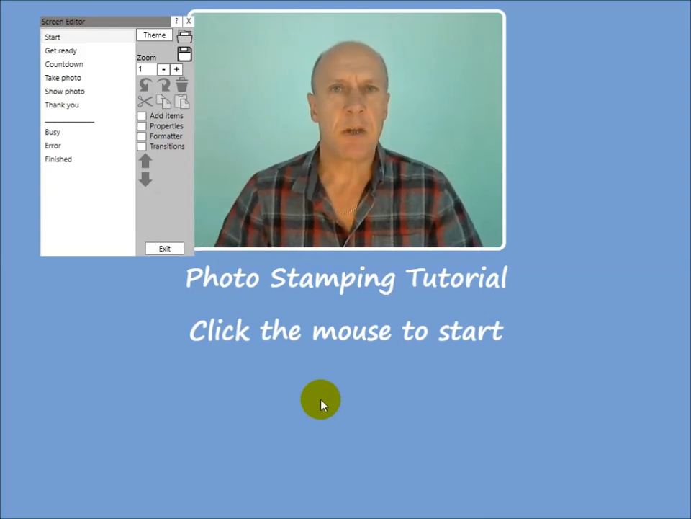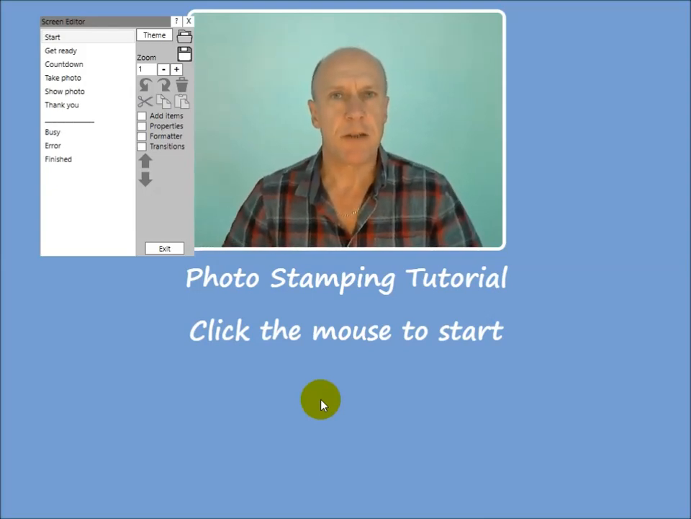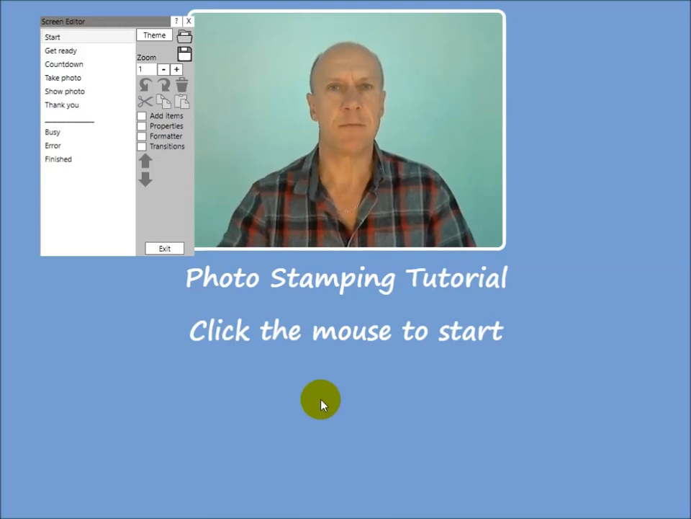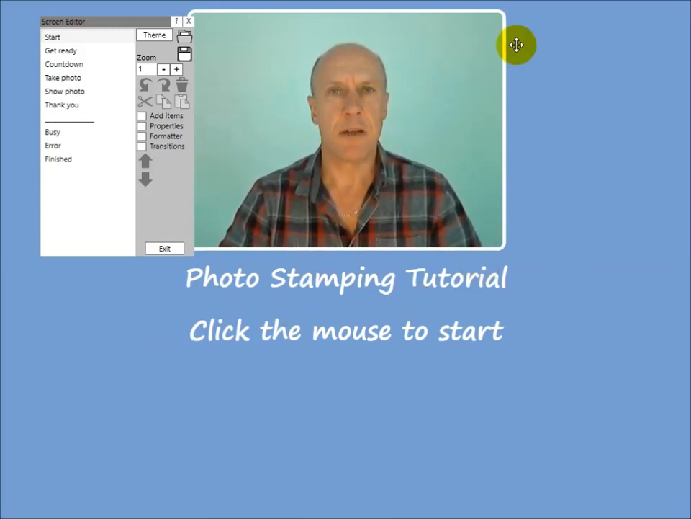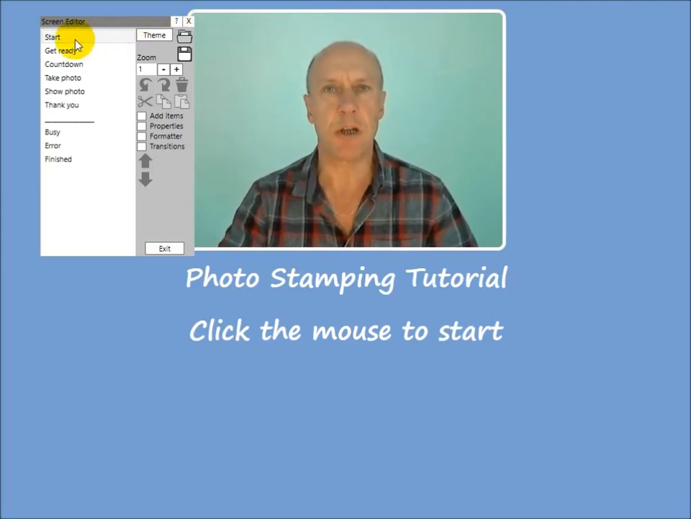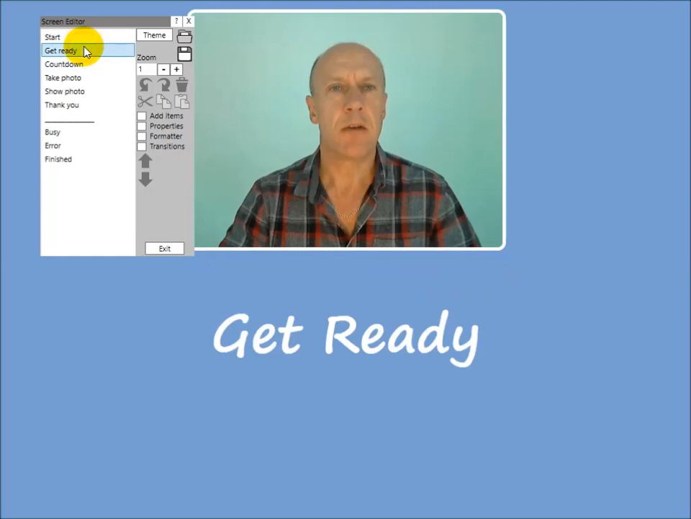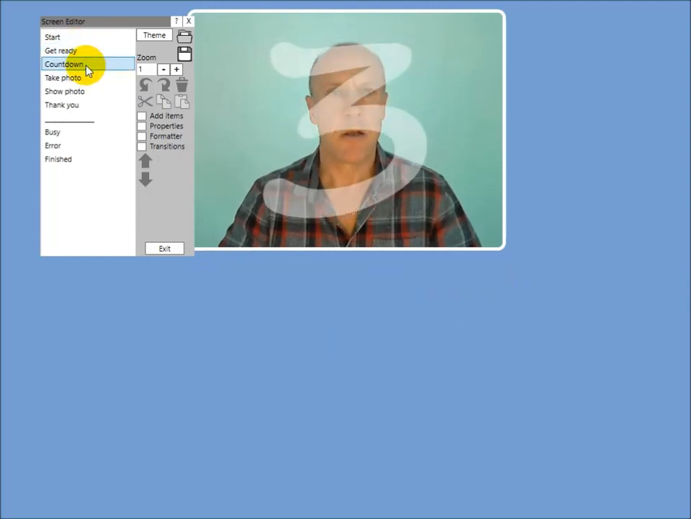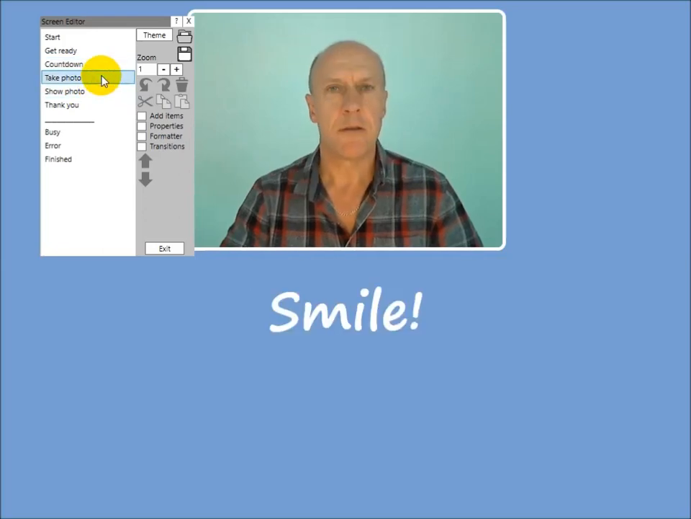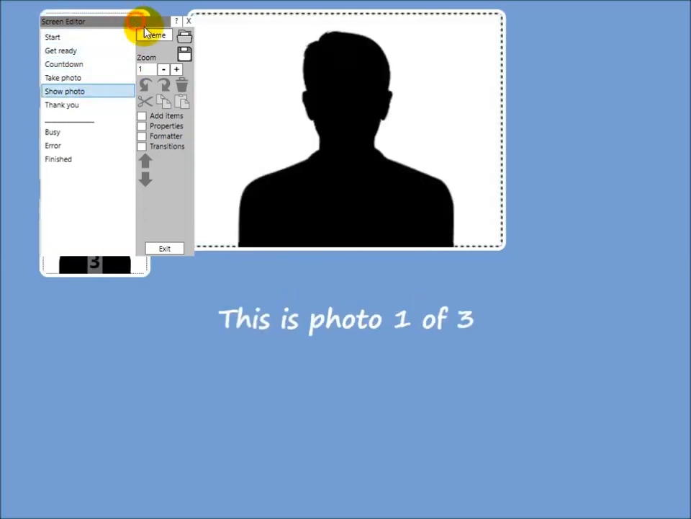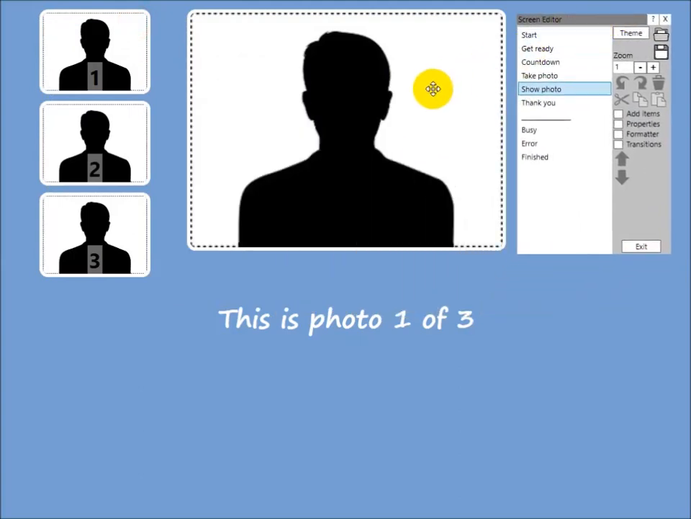This video explains the photo stamping feature which is available in RightBooth 7. Now I've created a standard photo capture event here, and if we look at these screens that are in there, we've got the start screen, which is what we're looking at the moment, the get ready screen, the countdown screen, which is 3 seconds, the take photo screen, the show photo screen, and I've set up this event to capture